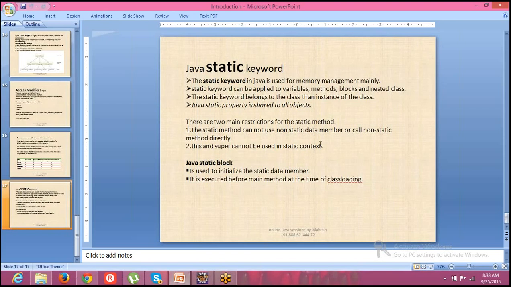I think I have not covered this and super keywords for now, so don't worry about this statement, you will understand it at a later point of time. Agreed? Shall I proceed further?